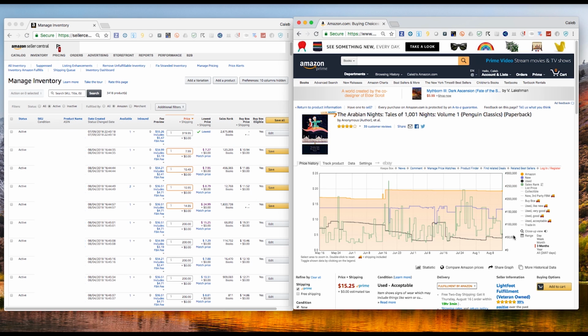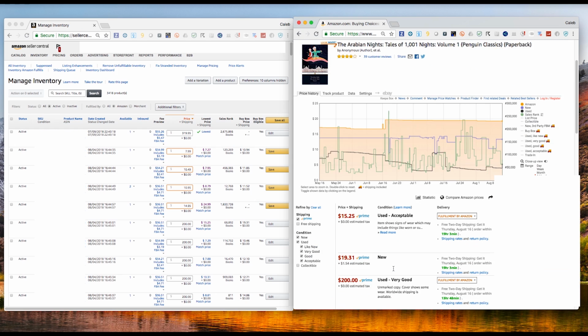So merchant fulfilled is $9. Going to 15 prime is not a bad option at all. So $200 is not going to cut it. We're going to come in